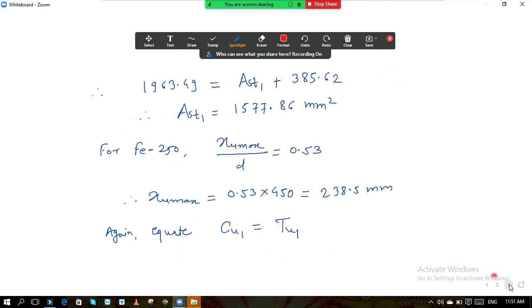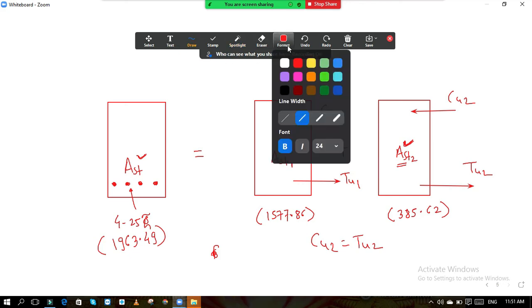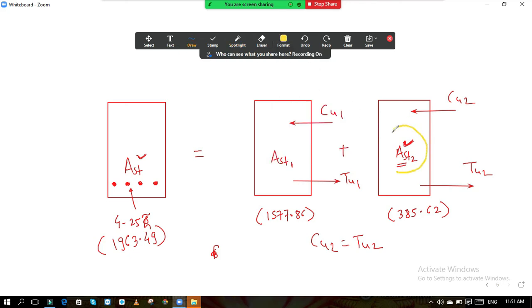And once we got this value of AST2, once I know the value of this AST2, we know that my total area of steel AST